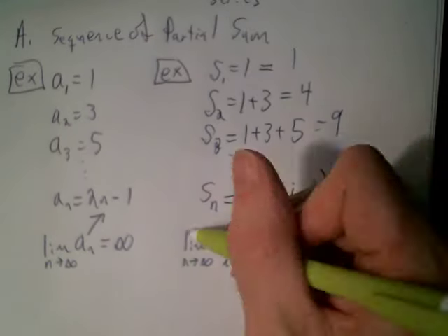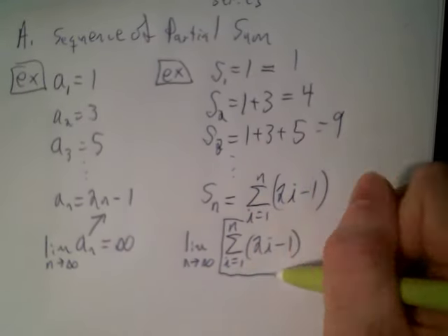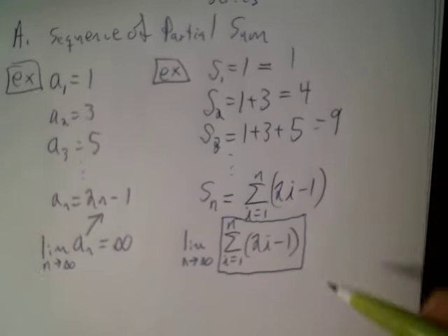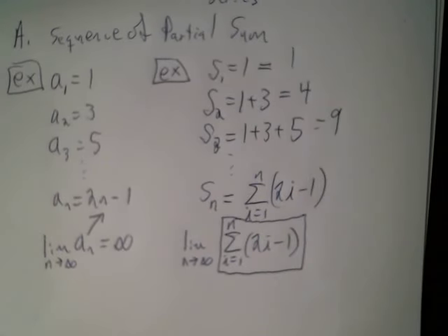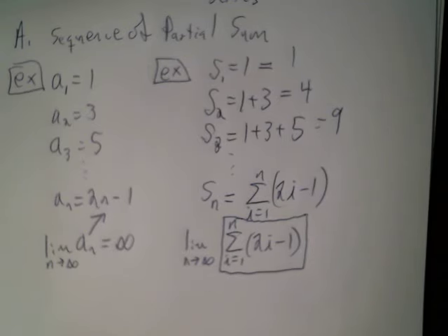So we'll spend a lot of time looking for formulas for this thing right here, and then taking the limit of that, and then we'll kind of go up a level from there and classify different kinds of sums as certain types, and then based off of their type, we'll say they're convergent or divergent. In other words, the limit of the sequence of partial sums exists or it does not exist. Okay,